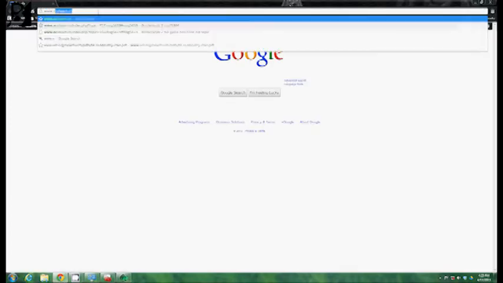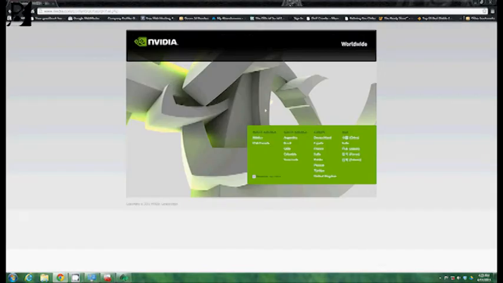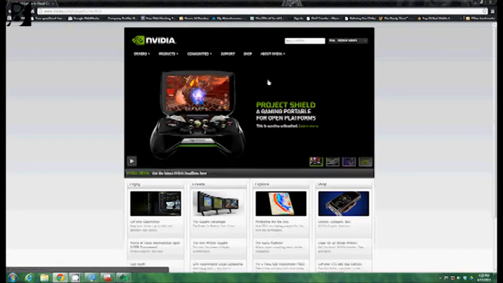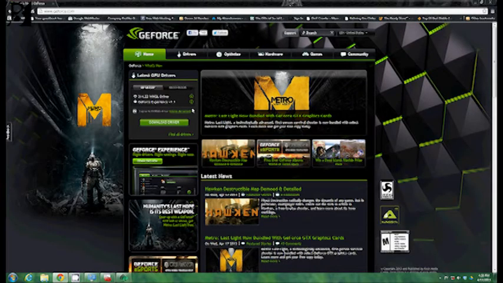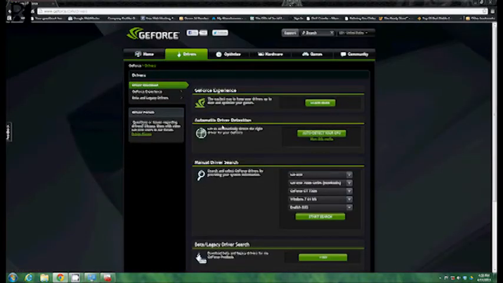In this case, since I already know that that's an Nvidia card, we're going to go to nvidia.com. USA, Canada. Now we're going to go to drivers and GeForce drivers, because this is the GeForce GT 610. And you'll see right there the latest driver. You only have one you have to worry about, or you can click here and let it auto detect your GPU. You can also do a manual search,